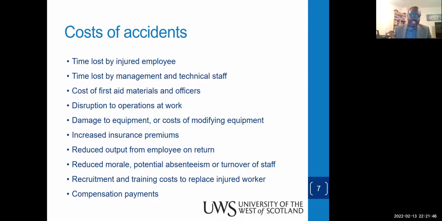And sometimes there is the cost we incur in getting first aid materials and calling on the medics. Sometimes we have to get a first aid worker at the workplace. It also disrupts the flow of operations. And of course, accidents sometimes happen to the extent that we lose the tools that we use in working. The machines and pieces get damaged along the line. And once insurance companies realize your company is always having accidents, the premiums they give you will be high. If you run comprehensive insurance for your staff, the premiums will always be high.